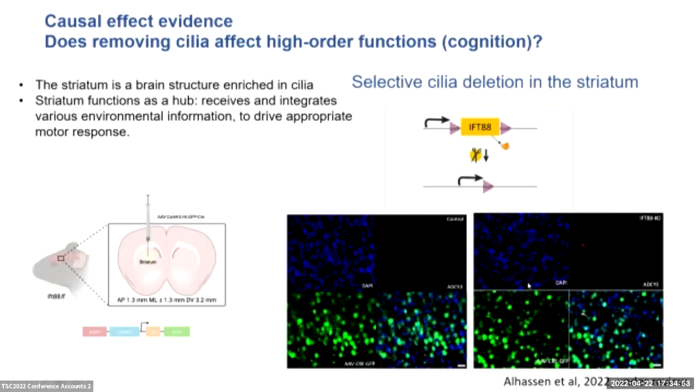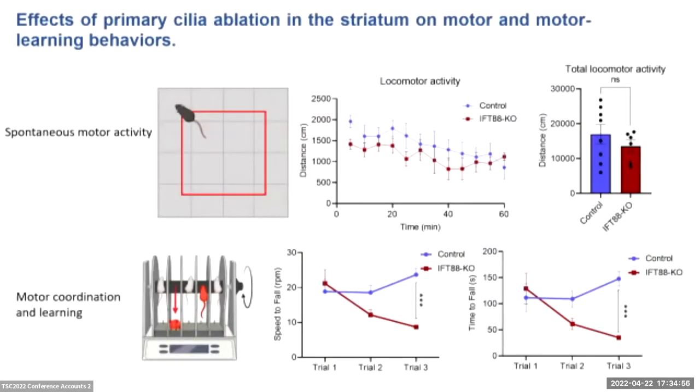Then we challenged the mice in different behavioral assays. First, we looked at spontaneous motor activity. What we found is they are fine, they look normal compared to the control animals. However, when we challenged the mice in something called the rotarod, where they need to learn different movement skills because we rotate the machine and increase the speed of rotation, they start to show deficits. When challenged with something that requires coordination, timing of movement, and learning new skills, they failed.